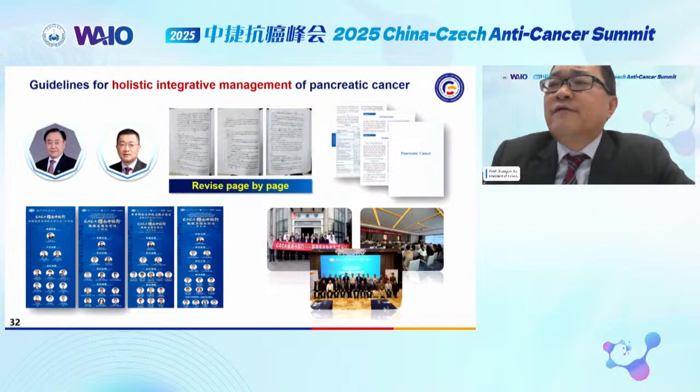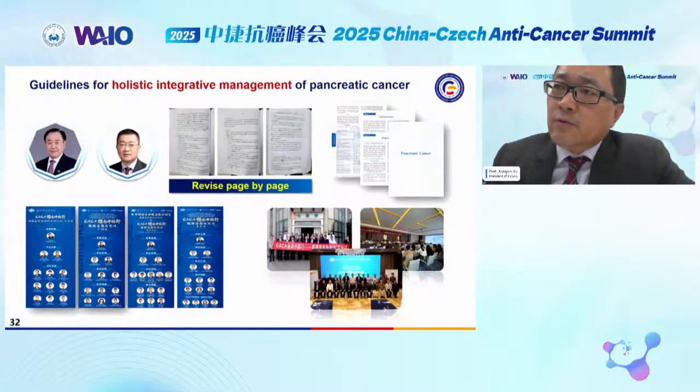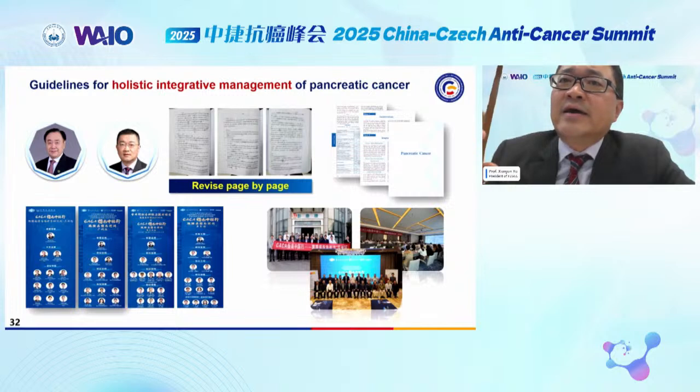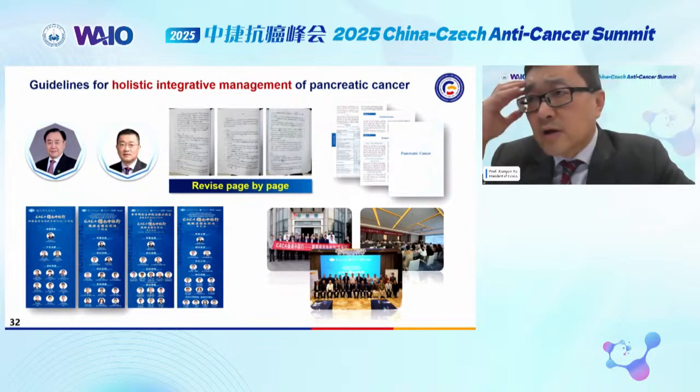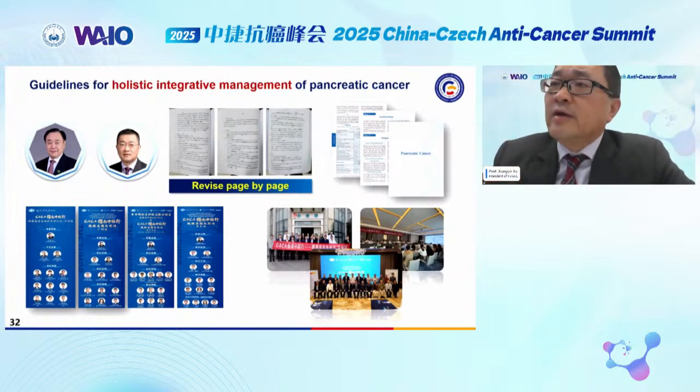Under the leadership of Professor Wang, our cancer center and our association are putting our work together to revise the guideline for the holistic integrative management of pancreatic cancer. We will also carry out our work all over China and make the same standard and holistic integrative concept for every physician